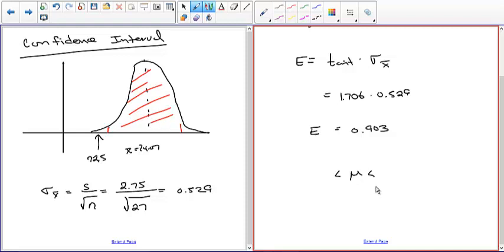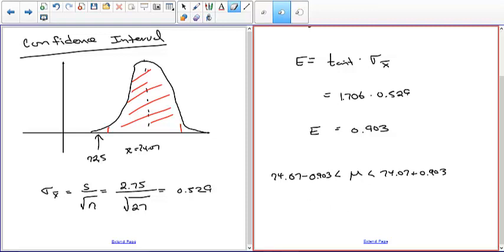under the same conditions that we collected the samples. So we take the sample mean and we subtract the margin of error. We take the sample mean and add the margin of error. So 74.07 minus 0.903, 71.07. 73, sorry, 73, 73.2, say,